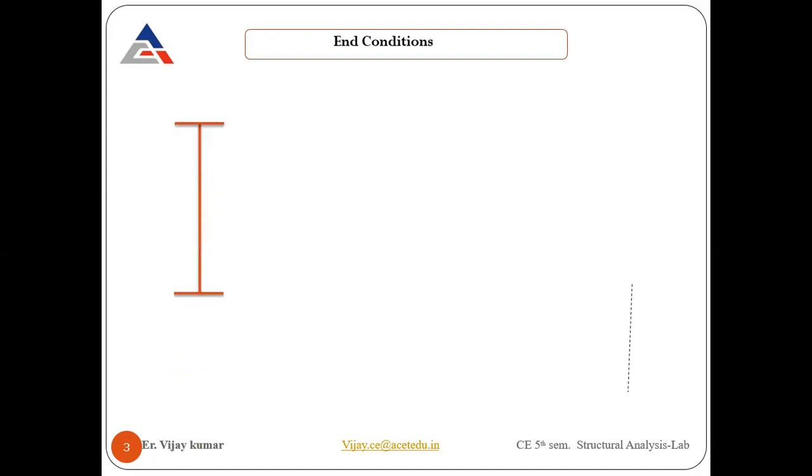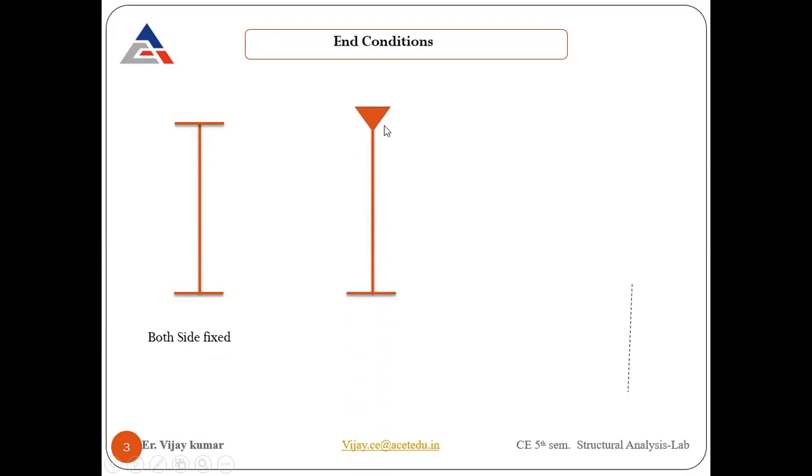If you see, this is a both-side fixed condition case in which we have a column, or you can say a vertical strut. If you call it a column, you do not need to say it is a vertical column, as a column itself is a vertical member. If you call it a strut, you have to mention it is a vertical strut, which is considered to be a column only. So this condition is a both end fixed case. This is the first end condition.